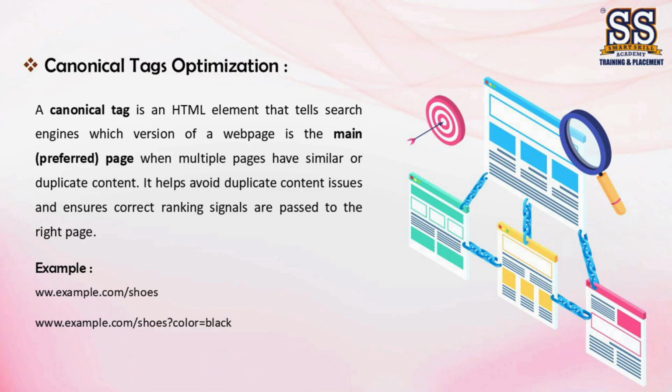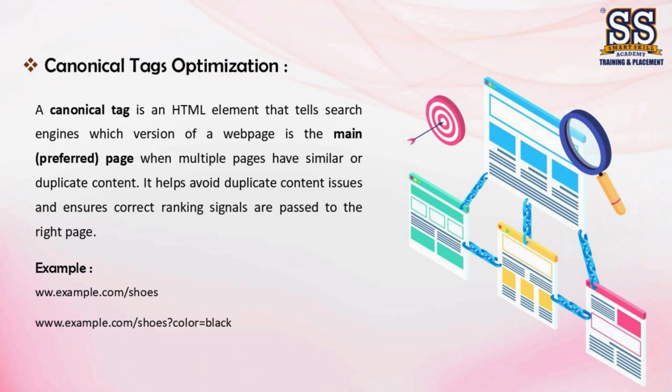Why do we need this? Well, duplicate content can confuse search engines. If you have multiple versions of a page, search engines might not know which one to rank, or worse, they might penalize your site. Canonical tags ensure that all ranking power, or SEO signals, are consolidated and passed to the right page. Imagine you have a main store page,